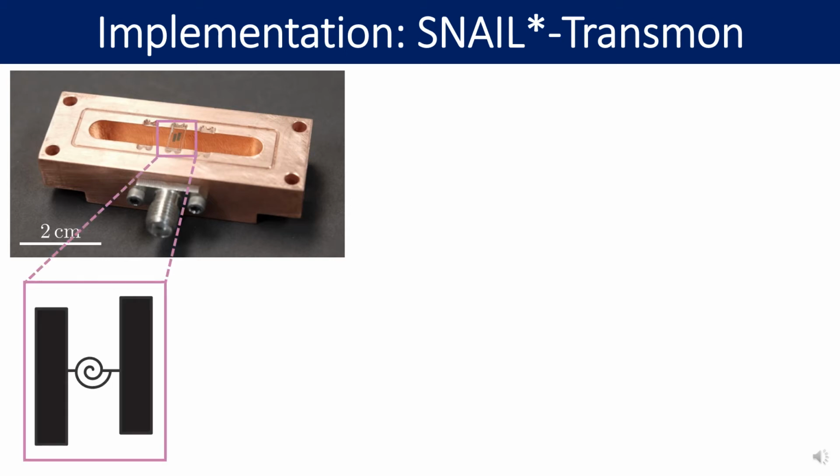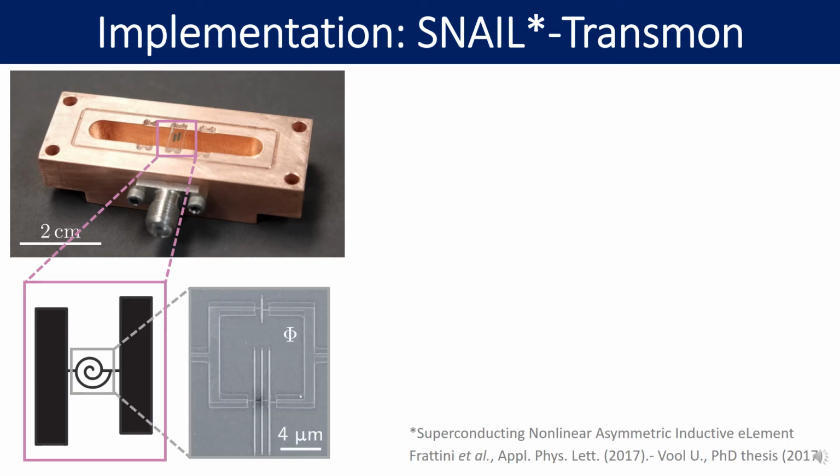Here's a schematic of this structure with 2 big capacitive pads shunted by a nonlinear inductance. And I'm showing you here an SEM image of this nonlinear inductance called a SNAIL element, which consists of a small Josephson junction together with 3 large Josephson junctions in a superconducting ring,